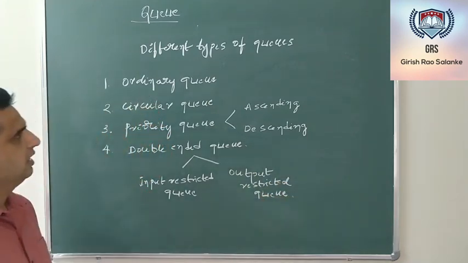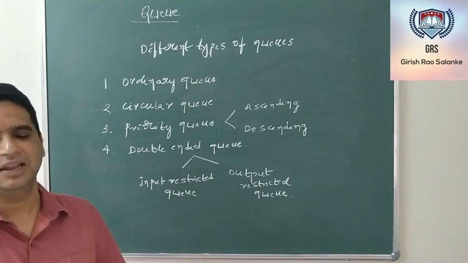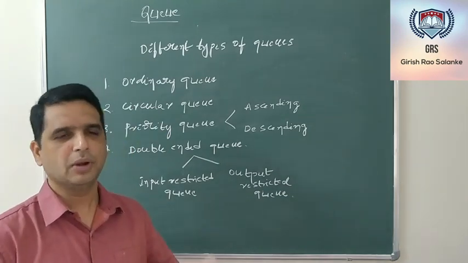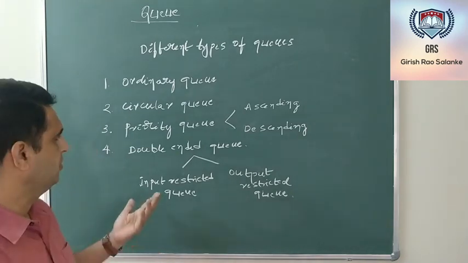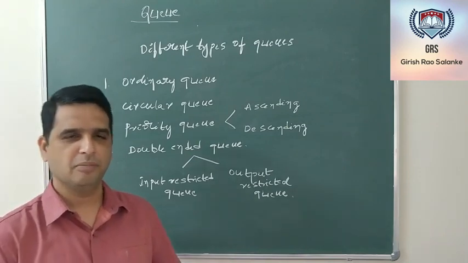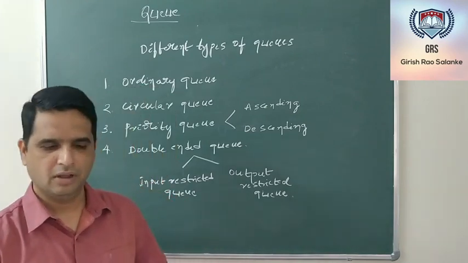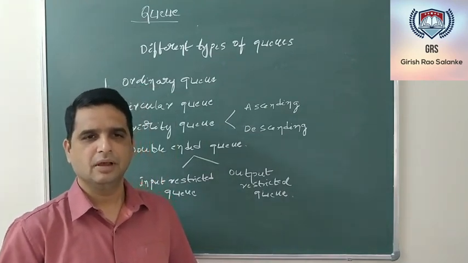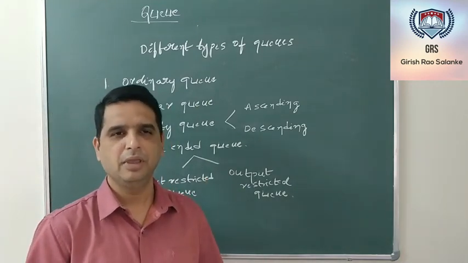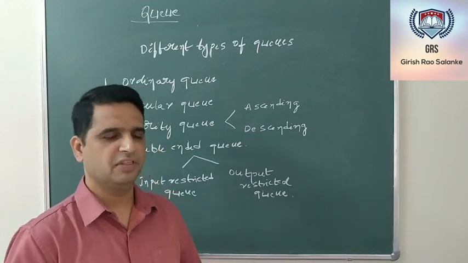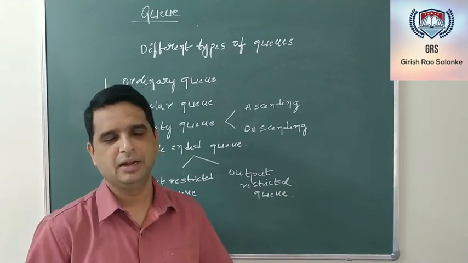So note that these are the four different types of queue: ordinary queue, circular queue. There are certain limitations of ordinary queue. So to overcome those limitations, we go for the second category of queue by name circular queue. And the third type of queue is by name priority queue. In case of a priority queue, higher priority will be given to the elements. Like in case of ascending priority queue, the lesser elements will be retrieved first. In case of descending priority queue, the element with higher priority or higher value will be deleted or retrieved first.